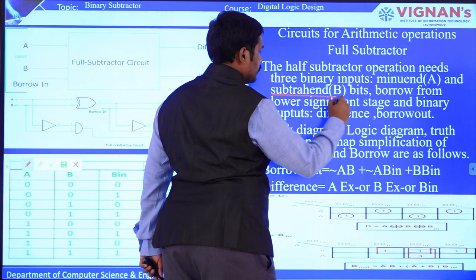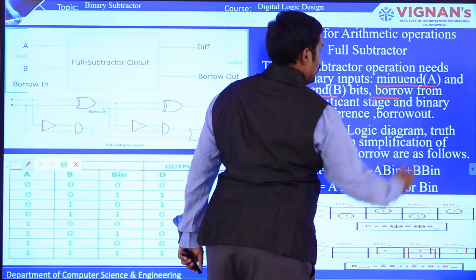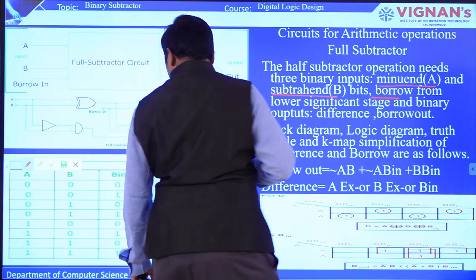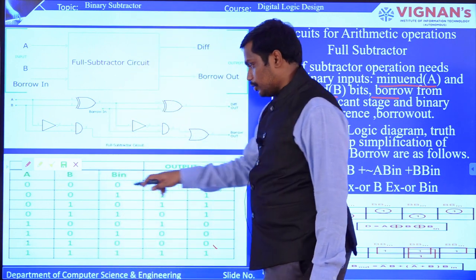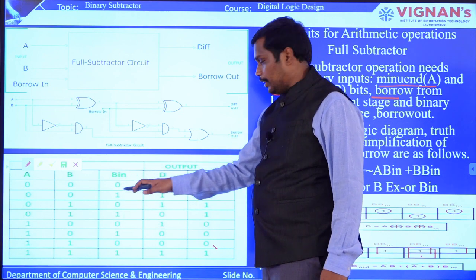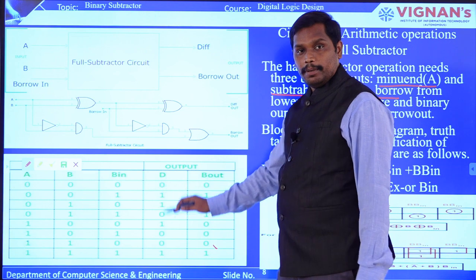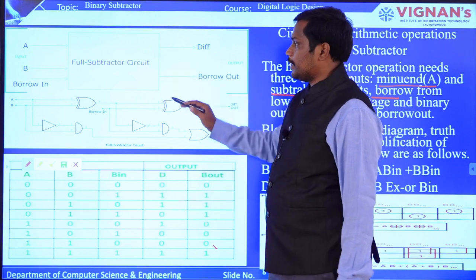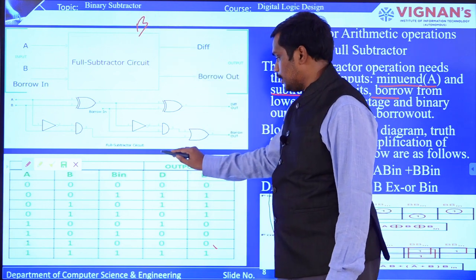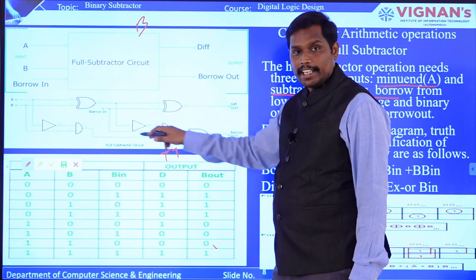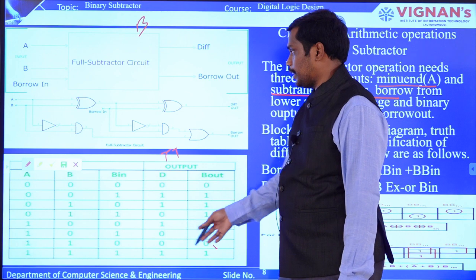It has the same bits as the full adder. It also has 3 inputs, and you can see the 3 inputs in the table, that is 0 0 0. So 3 inputs are given and there are 2 outputs, that is difference and B out, and you can see this particular truth table, and based on this truth table you are going to construct this block diagram, and this is the truth table, and this is the logic diagram that you have represented with the help of this.